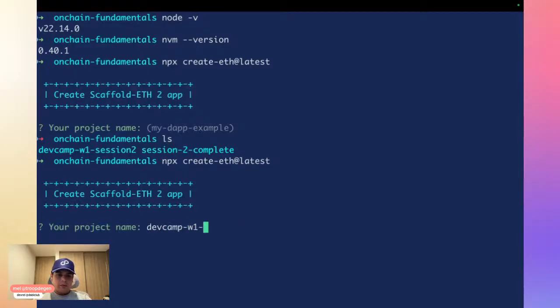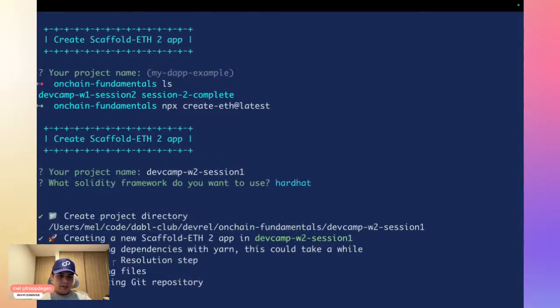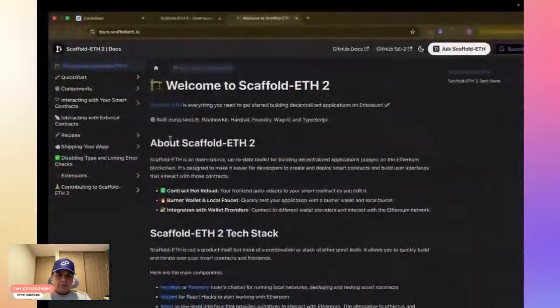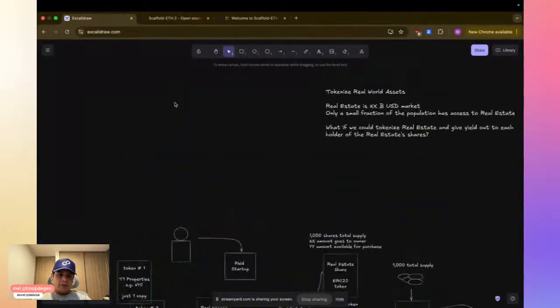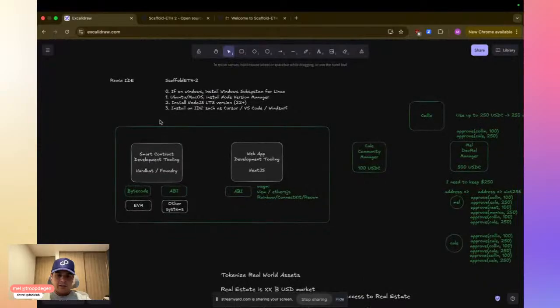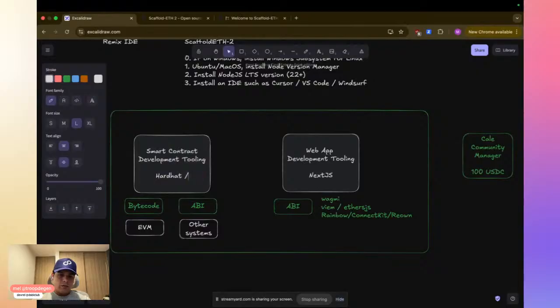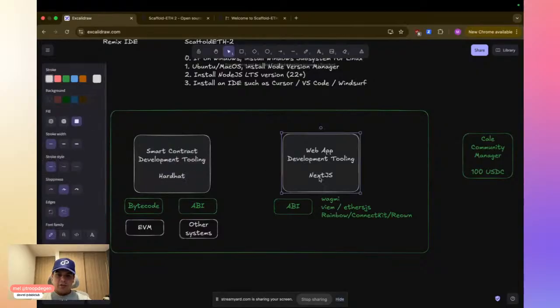Camp 2 session 1. We're going to use Hardhat again, and remember, when we start a new scaffolded project, we get two frameworks: Hardhat, which is the one we are using, and Next.js.